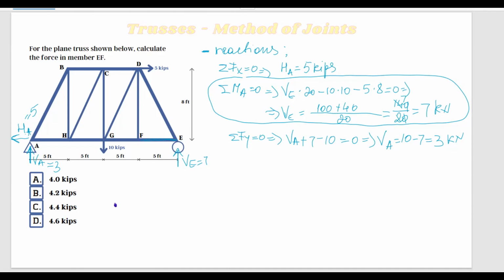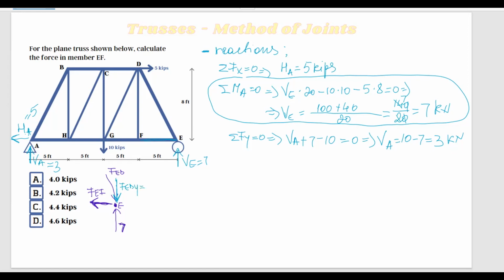Now let's start by calculating the forces in node E. So here I'll have force EF, and then I have this member, and this is FED, and then I have the reaction going upward of 7 kilonewtons. This force FED is going to have an X and Y component, which I'm going to draw here. FEDY,